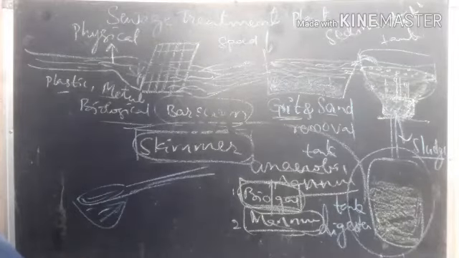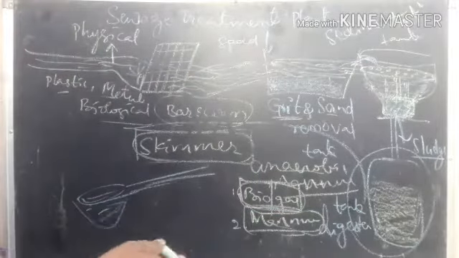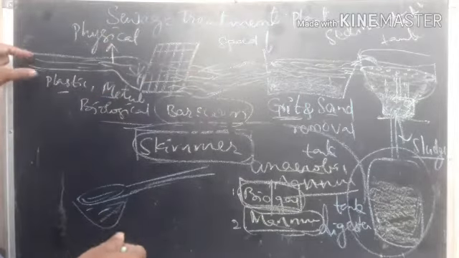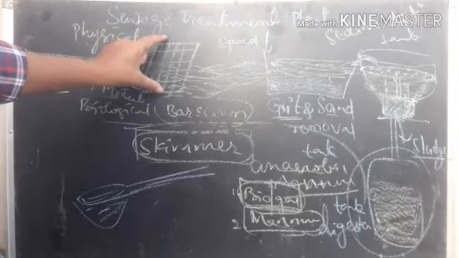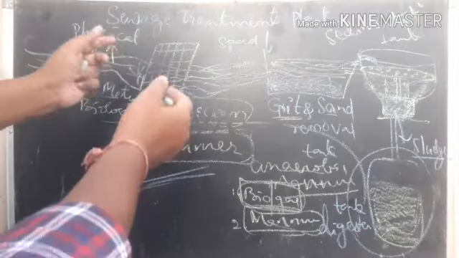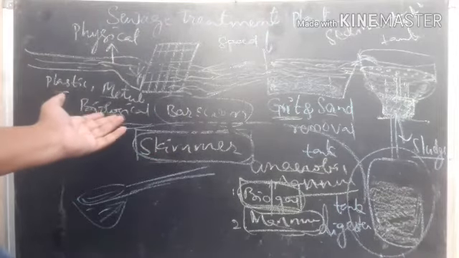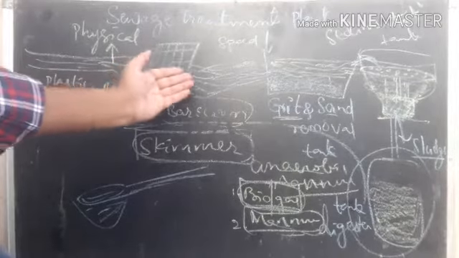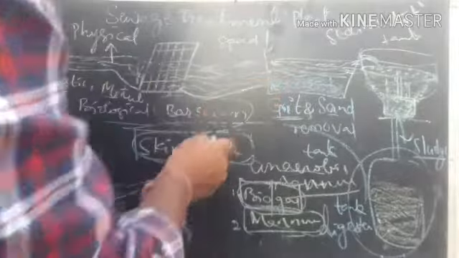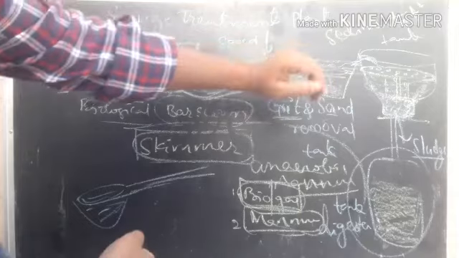Hi children, welcome back. In the previous class we started talking about treating wastewater, and here it is the sewage water treatment plant, where we allow the sewage water to pass through the bar screen, so that the physical impurities, meaning the large particles like plastic, metals and biological wastes, can be removed. Here the speed of the water is also decreased. When the speed of water is decreased, the water flow will be slower.